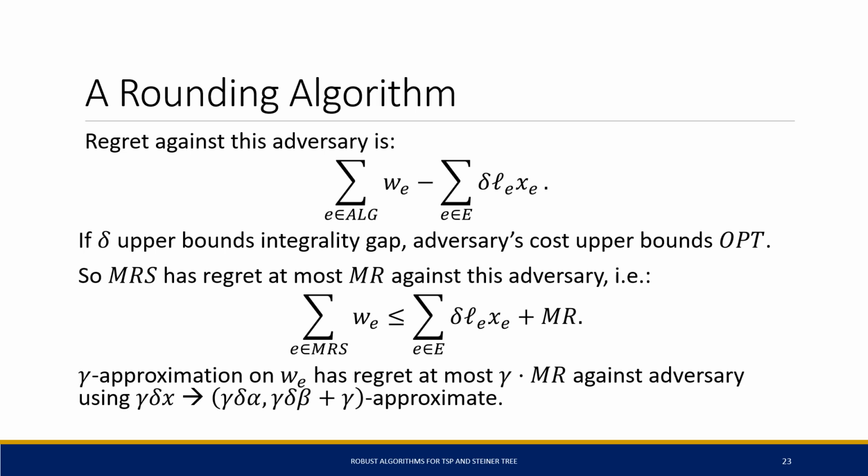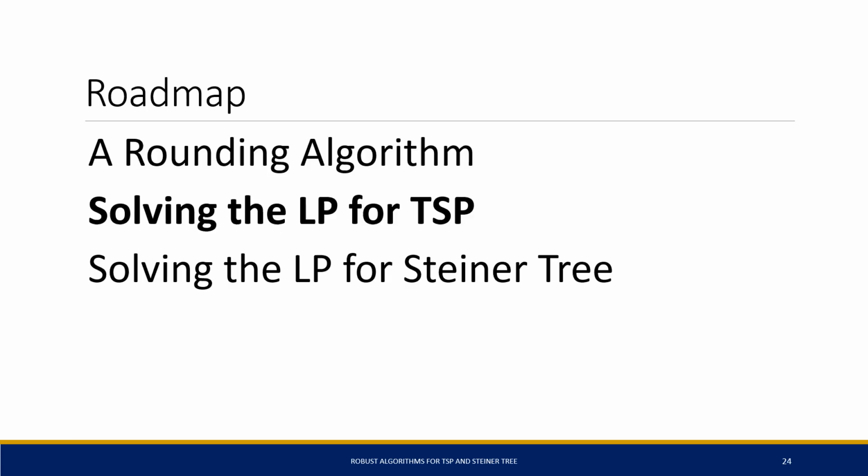And now, with a bit of math that I'm omitting here, we can use this to show that if we run a gamma approximation algorithm on this graph, we get a solution with a regret guarantee that looks similar to the regret guarantee of the fractional solution, except we lose the approximation ratio of the algorithm we use, as well as the integrality gap of the polytope we're using. So now that we have a rounding algorithm, we just need to come up with an approximate solution for the